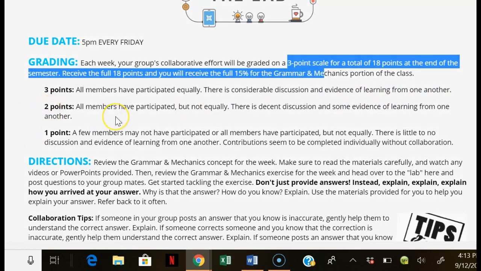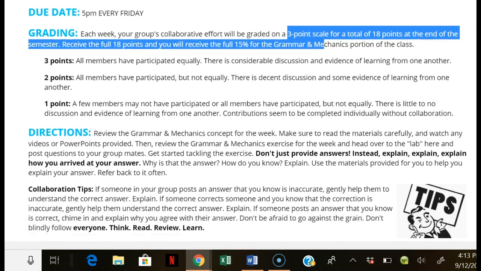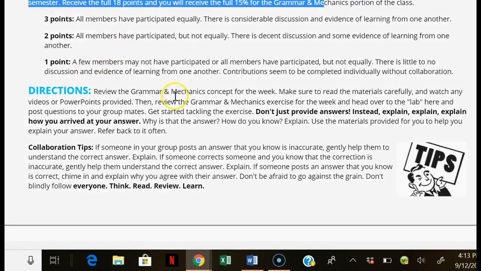2 points is all members have participated, but not equally. So maybe one of you only put up one thing, and somebody else put up a bunch of things. There should still be a decent discussion and some evidence of learning from one another to get 2 points. And then finally, 1 point is maybe a few of you haven't participated, or all of you participated but not equally,